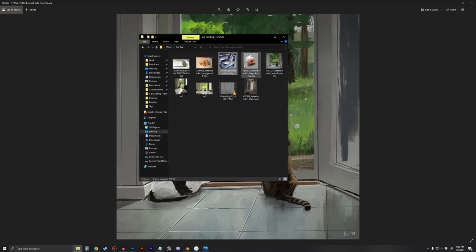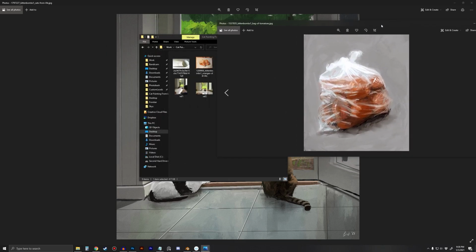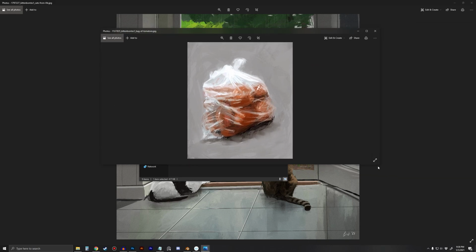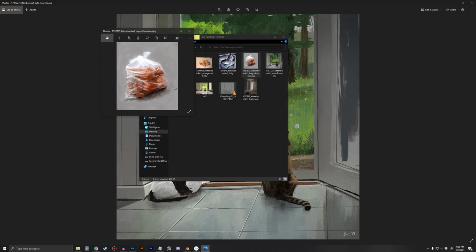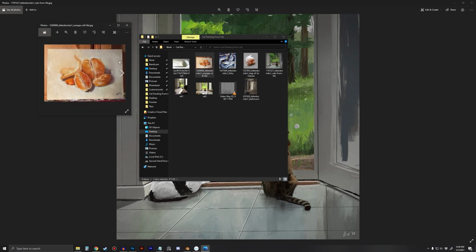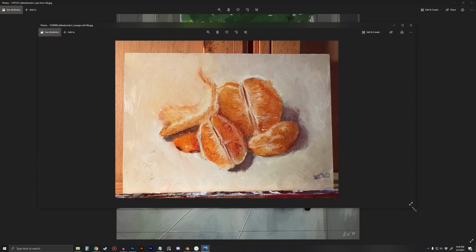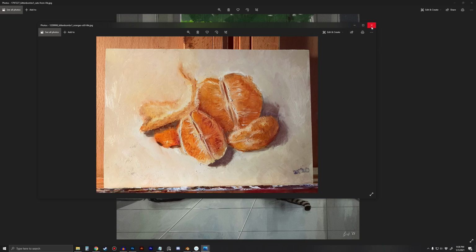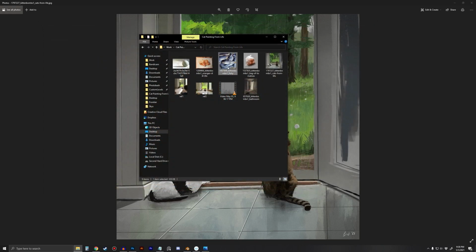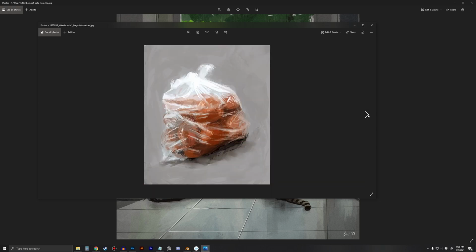All these were drawn either from life or from photographs. There's a sack of tomatoes, I think. They don't look like tomatoes, but I'm pretty sure they were tomatoes. Anyways, if you look at it kind of small, it does look like a photo. I don't know if that looks realistic, but it's an oil painting. I thought it was cool, so I wanted to show it off. But all these definitely don't rely on rendering and details,